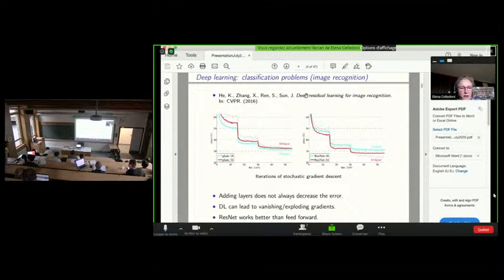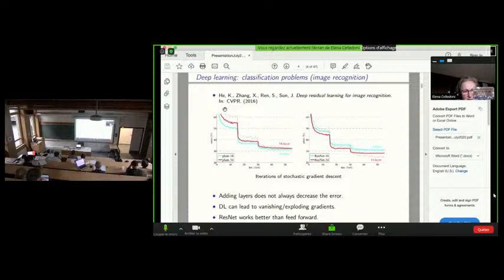So here is an example taken from a paper from 2016. This is not a very old paper, but still rather old in the deep learning, machine learning community, you can say, because something that appeared 4 years ago is ancient history in deep learning.